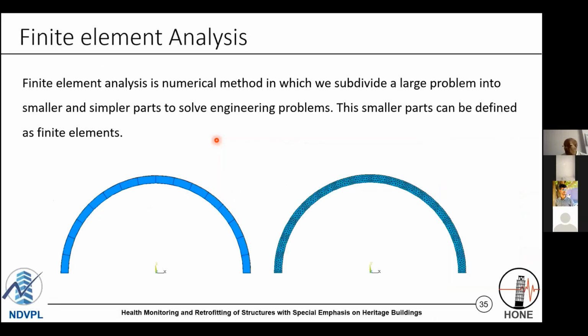So the obvious answer by anyone is the finite element method. People typically say that the finite element method can be used for anything, so we will use it. In the finite element method, we divide the structure into smaller parts, analyze the individual parts, assemble the results, and say that this result is valid for the complete structure.